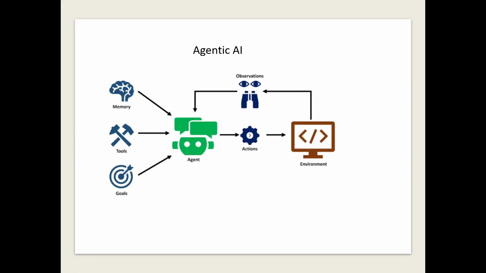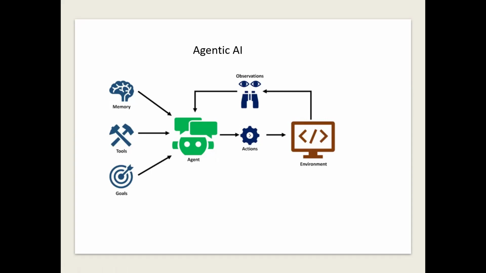And coming to the environment, it is the space where actions are applied. It can be a digital environment, such as web apps, mobile apps, or APIs, or physical environments like robots or IoT devices. For example, for ChatGPT with browsing ability, the environment is the internet. And finally, coming to observations, the agent observes the results of its actions. This can be success or failure messages. For example, when trying to book tickets, the agent checks if it has got a confirmation mail or not.